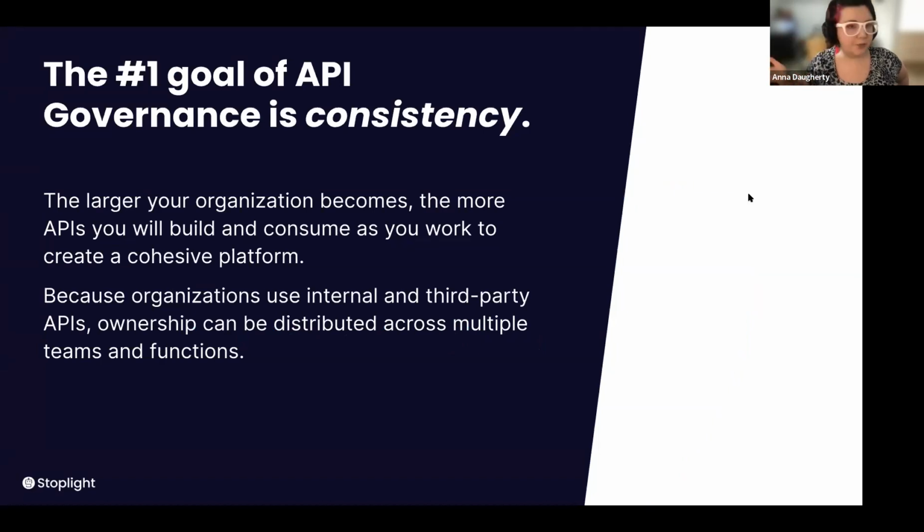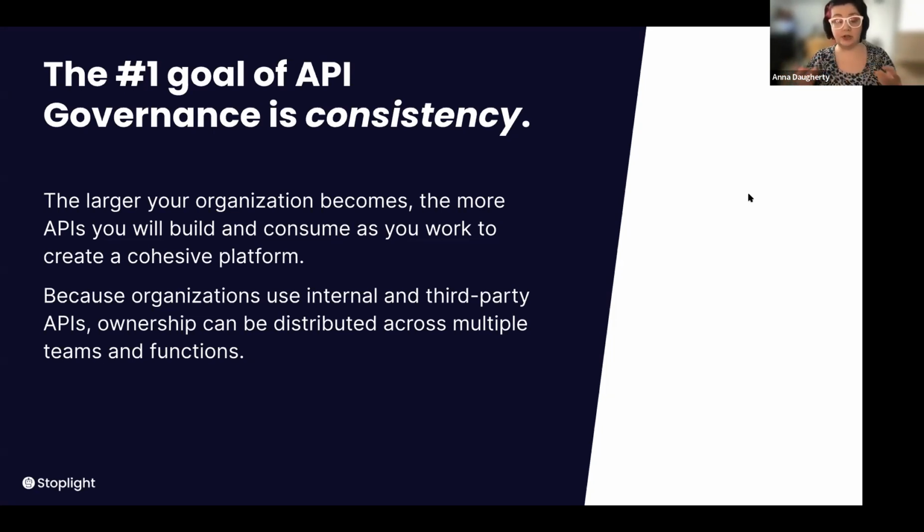So what's the problem here, right? Why do you need consistency? Because as your organization grows and as you scale, you'll build more APIs, both internally and externally. And you need to be able to, one, know what you have, and two, be able to manage them appropriately.